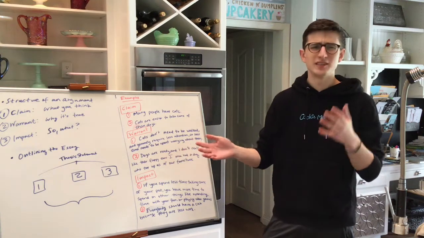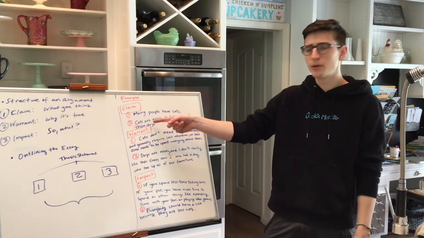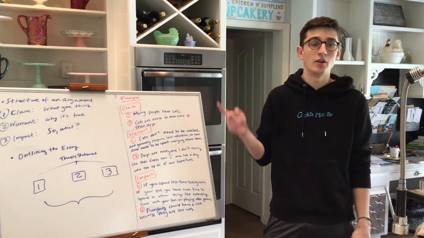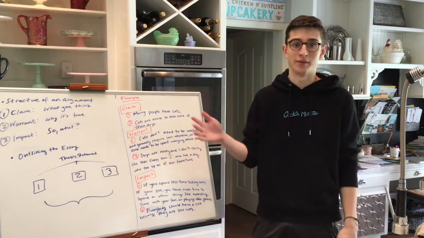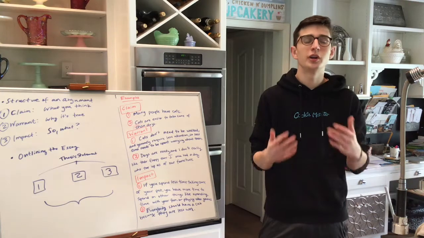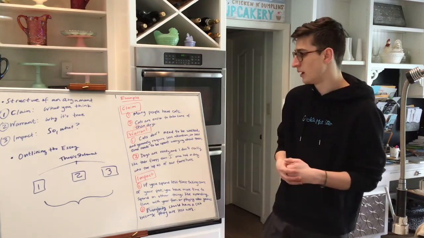Number 2 is super off topic. I start off by talking about dogs, but remember operatively, I'm trying to prove that cats are easier to take care of than dogs, not that dogs are harder to take care of than cats. It might seem like a small difference here, but in some arguments you can get way off topic by talking about the wrong thing, so you want to avoid doing that altogether.